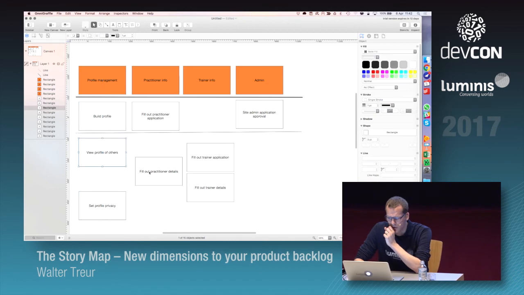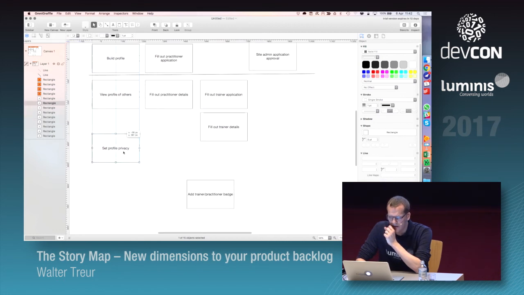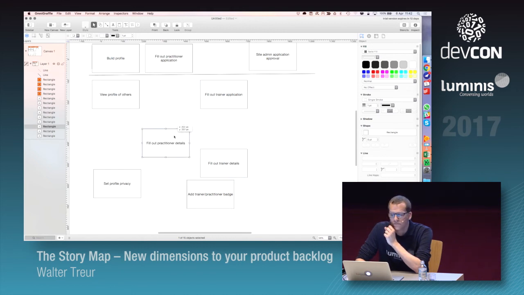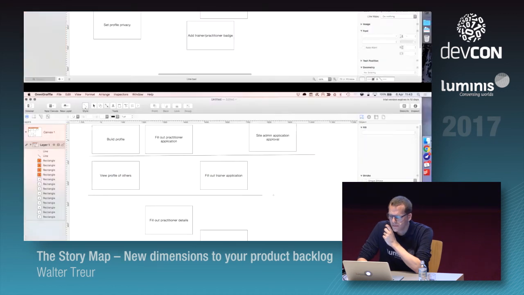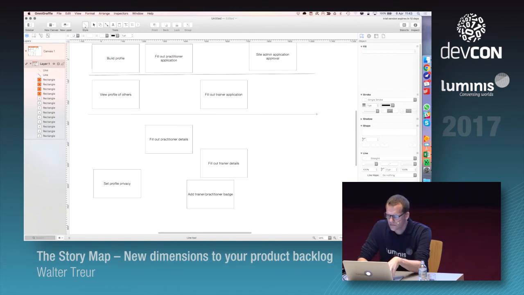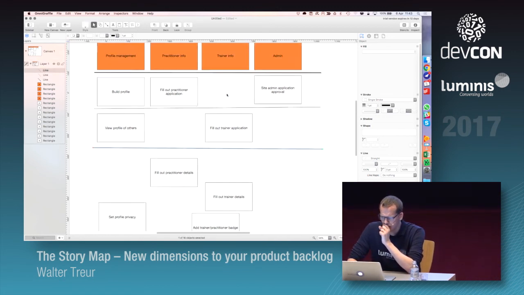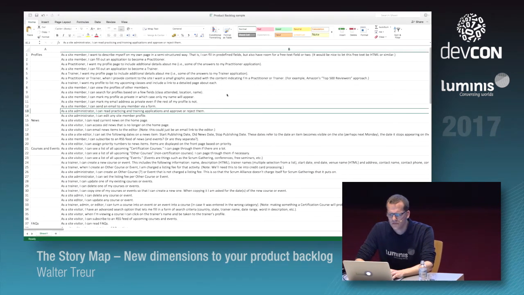And we can do the same for the next one. Perhaps I only want to focus on the trainer application and perhaps only viewing profile of others. So that way I can, where's the line? I can have a complete set of trainers and practitioners that can find each other on our website. But we've seen